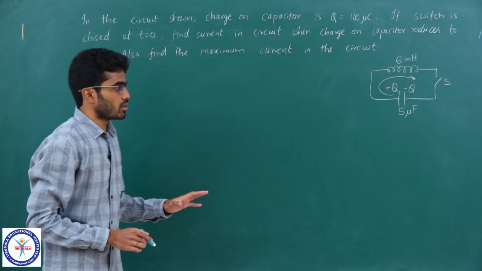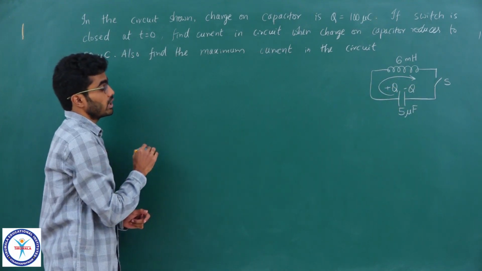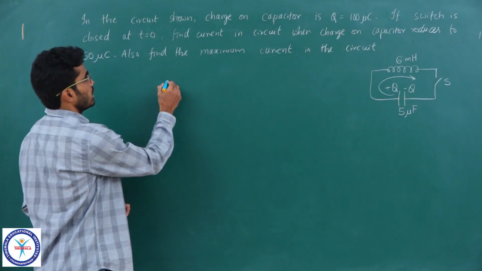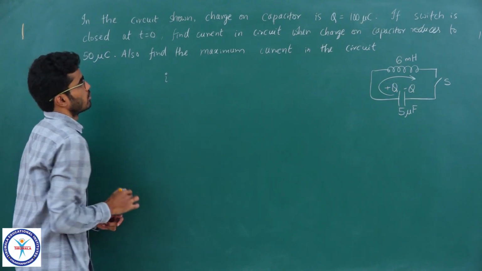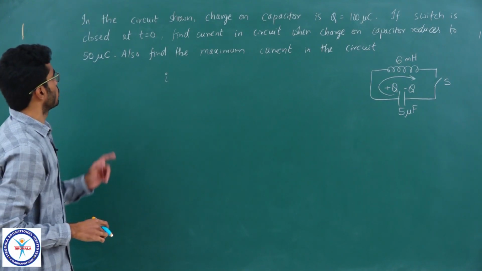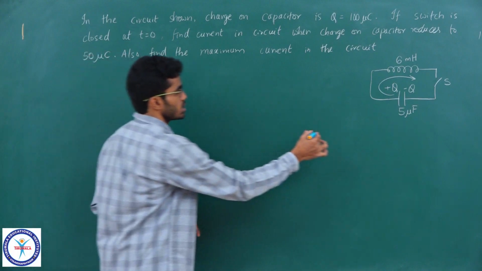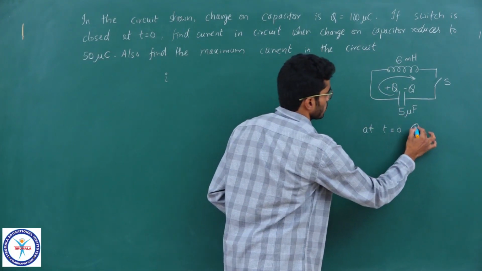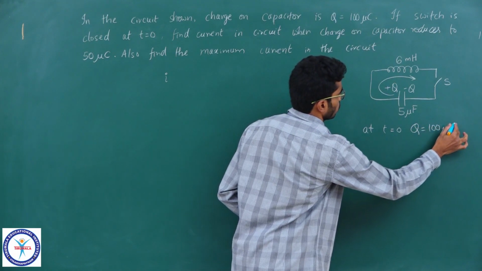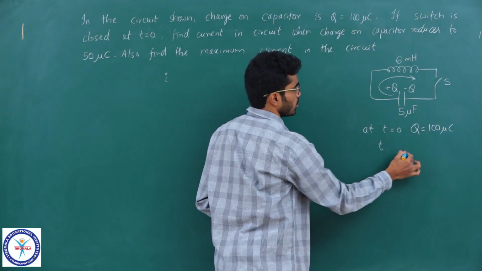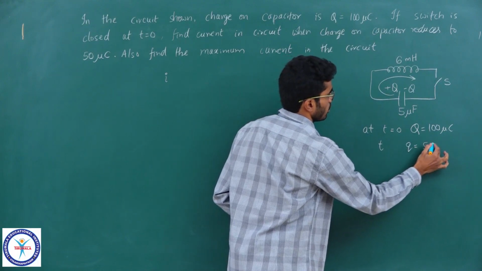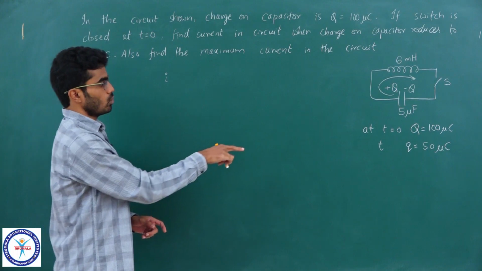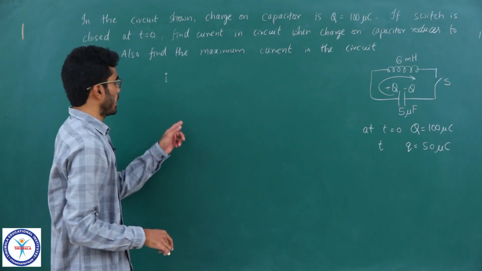So, a current is set up in the circuit, and we know the equations for this. We want to calculate the current when the charge on the capacitor reduces to 50 microcoulomb. Initially at t equals 0, the charge was 100 microcoulomb. Now at some time t, the charge is reduced to 50 microcoulombs. So when you know the charge at a particular instant, you can calculate the current by